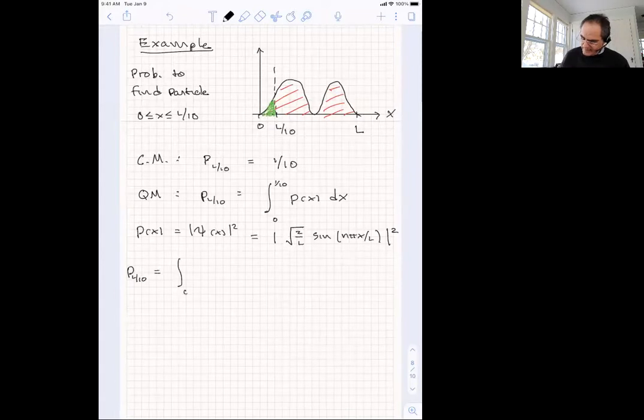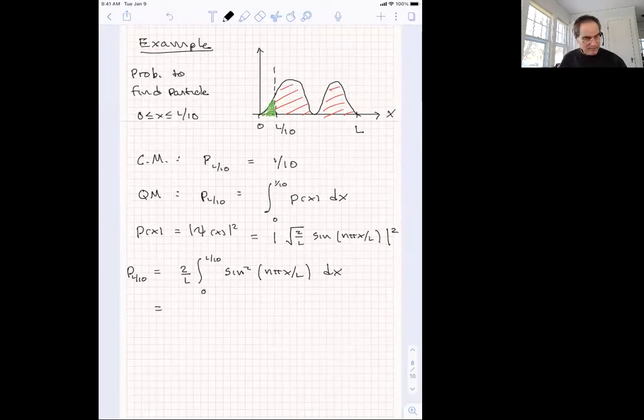It's the integral from x equals 0 to x equals L over 10 of the wave function squared. We have a constant factor root 2 over L. When we square that, it becomes just 2 divided by L. And then we have sine squared n pi x over L dx. And there we are. That's the problem we have to solve to find the probability. Okay? I'll go through this quickly because